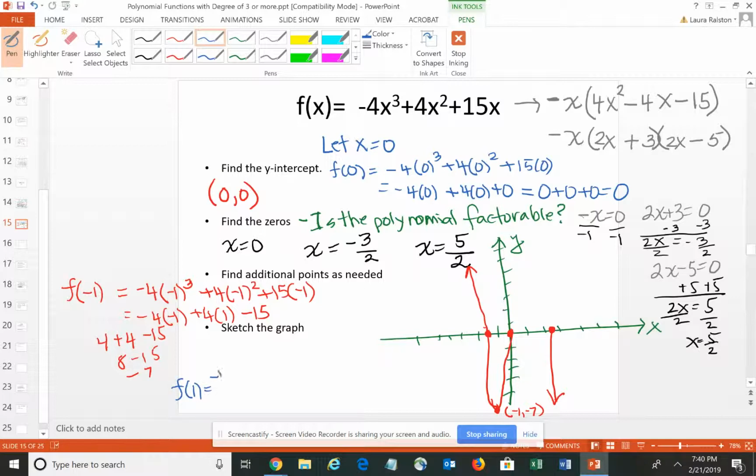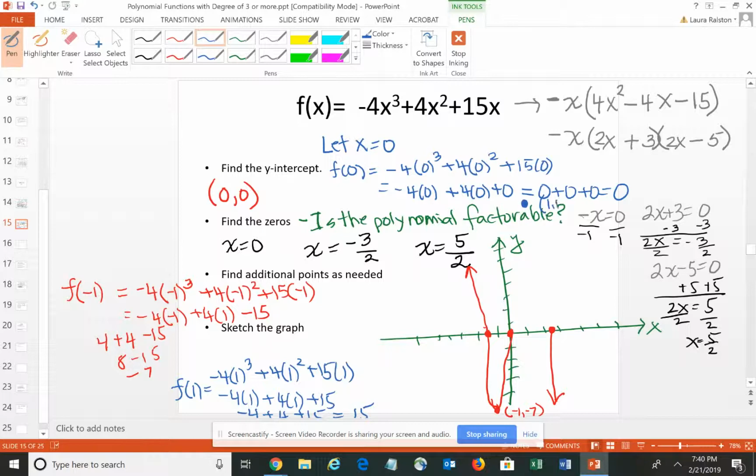And I would have negative 4 times 1 cubed plus 4 times 1 squared plus 15 times 1. So I have negative 4 times 1 plus 4 times 1 plus 15. So I have negative 4 plus 4 plus 15, which is ultimately 15. So I'm going to be way up here